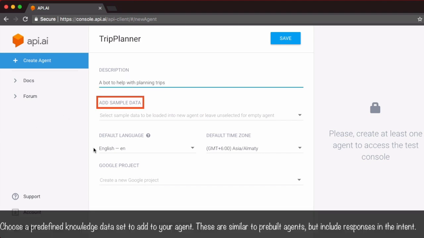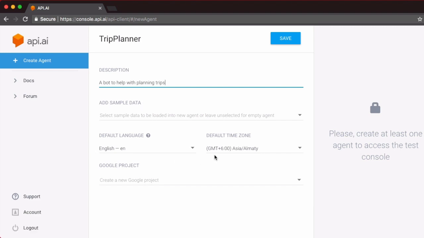Now, you'll see a field here which says Add Sample Data. This is because Dialogflow helps you get your agent up and running by using the knowledge set or the data set that has been used to build another agent. So you could have a complete agent which is running in production, and you want to use the same responses, user expressions, and other details from this agent that you have in production and use that to train this new agent that you're going to set up. In fact, Dialogflow makes it easy by simply allowing you to add sample data right in here. But we are going to build our agent from scratch, so we can simply ignore this field and move on to looking at default languages.